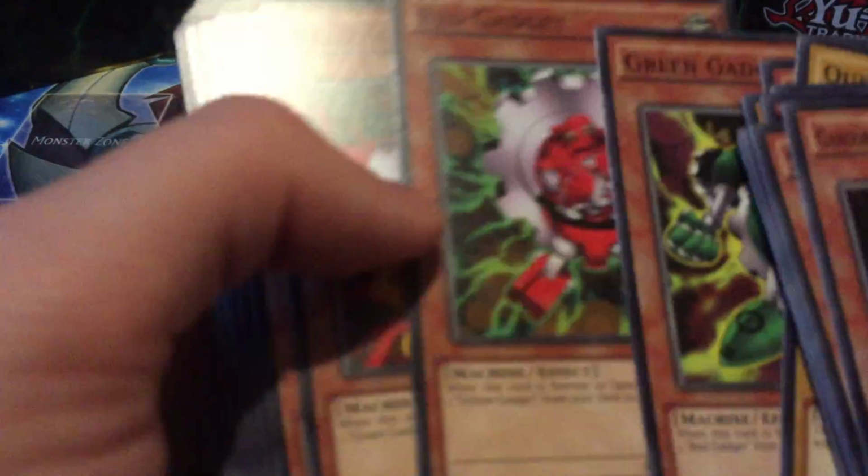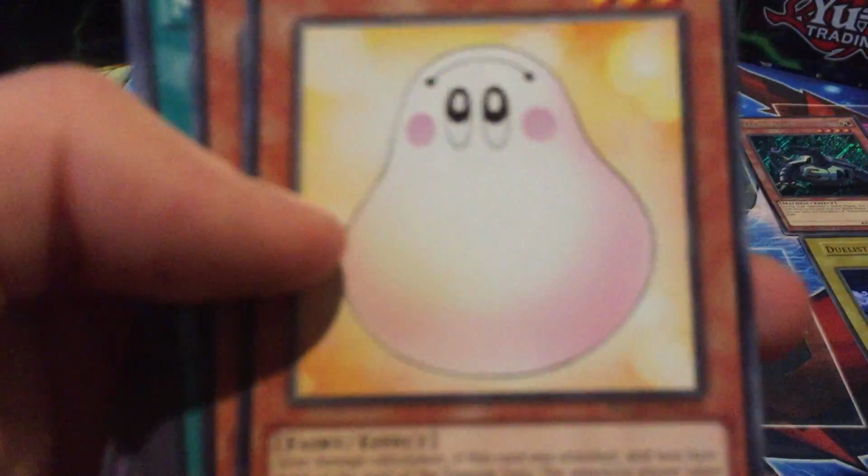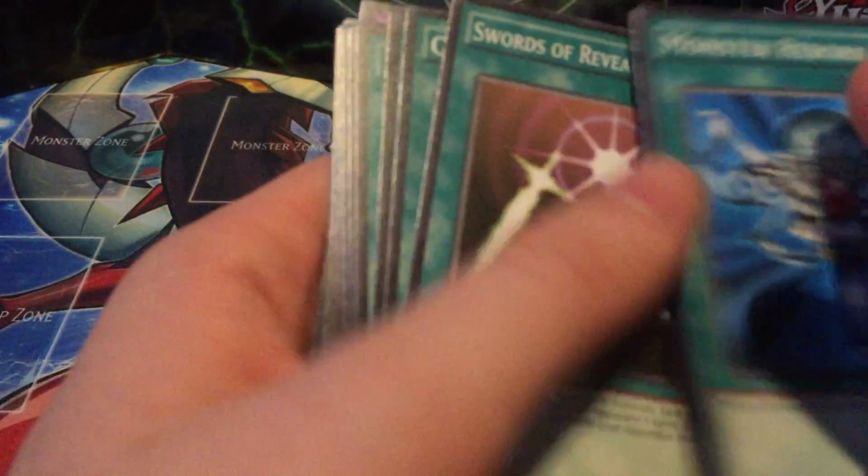The Tricky, Kings, Queens, and Jacks Knight. Green, Red, and Yellow Gadget. Skilled Dark and Skilled White Magician. Blockman, Marshmallow, and Kariba. Then we have Monster Reborn, Swords of Revealing Light, Card of Sanctity, which is sadly not the anime